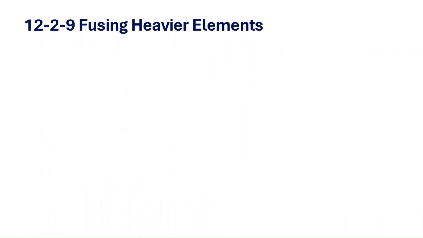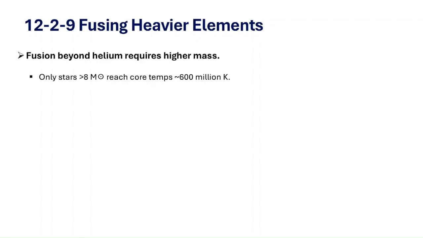Alright. Now that we have seen how stars stabilize after the helium flash, let's look at what happens in more massive stars when fusion goes beyond helium. So this is where stars really become factories for heavier elements. Now to fuse elements heavier than helium, a star must reach extremely high core temperatures. And only stars with masses greater than about 8 times the Sun can achieve roughly 600 million Kelvin needed for